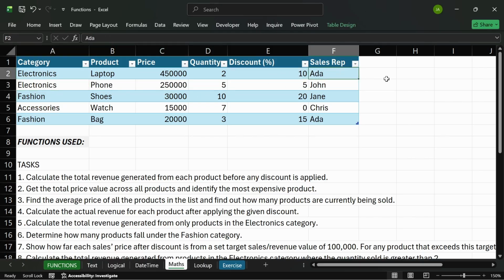Immediately I click, now pay attention to this. Even if I click just outside the table, it disappears. So it is contextual. Sometimes you see learners, probably watching a video online, saying, oh, I'm not seeing it, and you feel like you're doing the same thing, but you're not getting the same results, right? So immediately I click back into the table, it appears again because it is contextual,